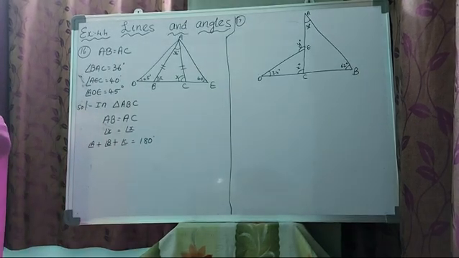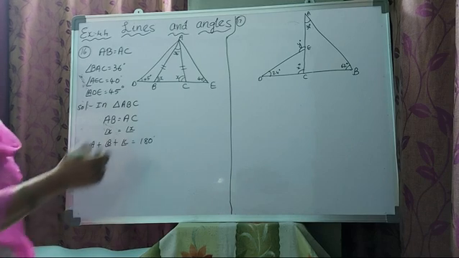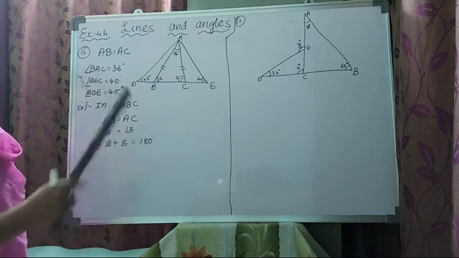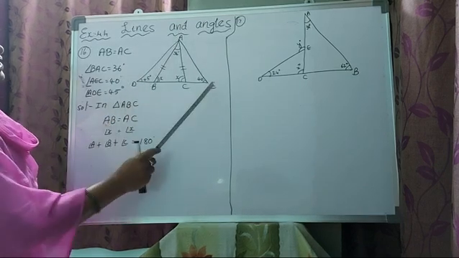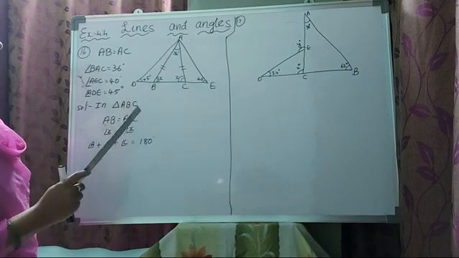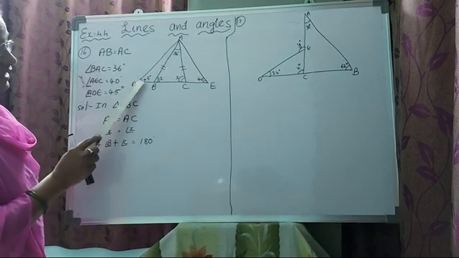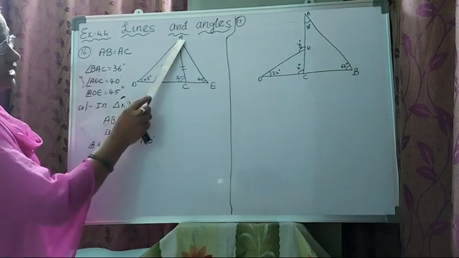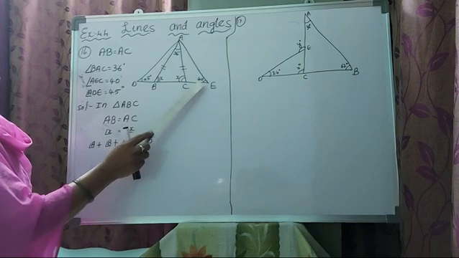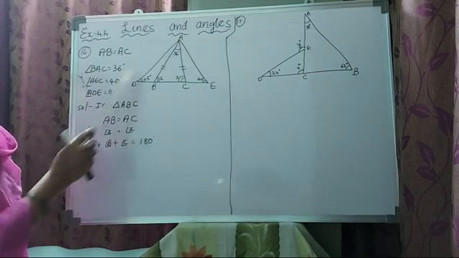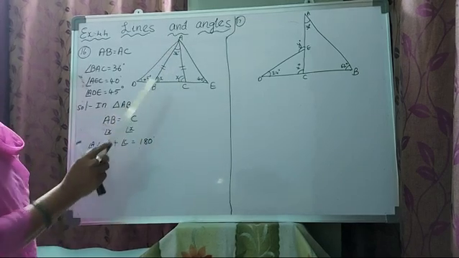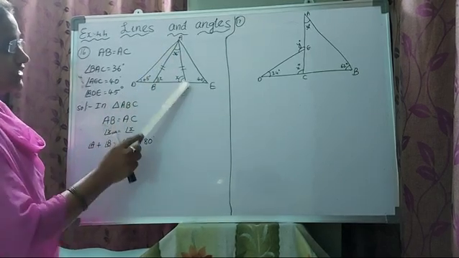Today we will see the 16th one. What is the 16th one? Just observe the figure. See here, ADE is a big triangle. In that, ABC is another triangle. He has given angle D, angle BAC, and this one AEC. Three angles he has given, and one more thing: AB is equal to AC.